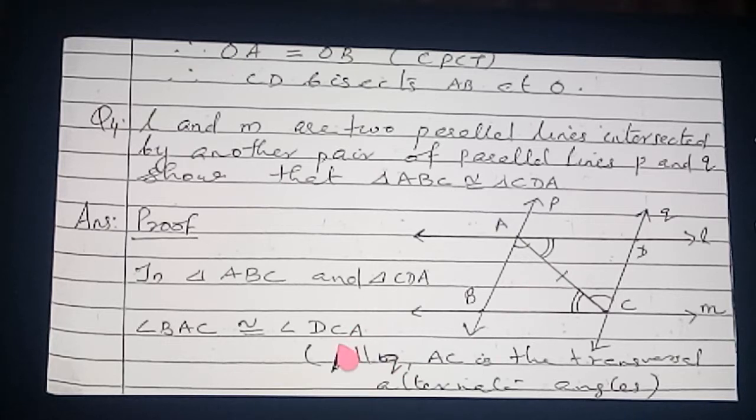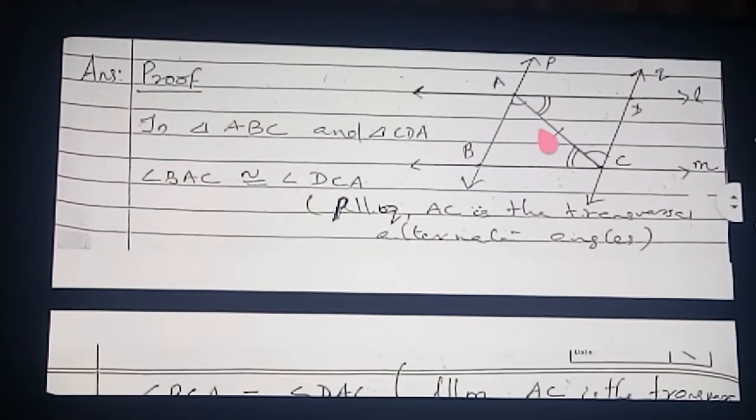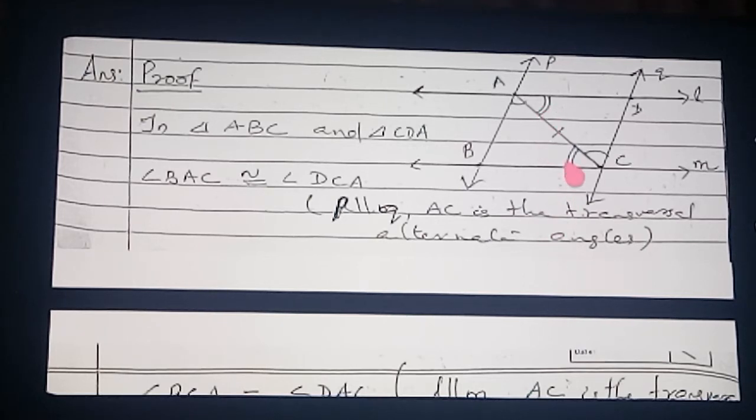Therefore here you write correctly: P is parallel to Q, only write this, otherwise wrong. P parallel to Q and AC is the transversal, alternate angles. I have written the reason there. Similarly, next angle, which one will come? This angle. See here,